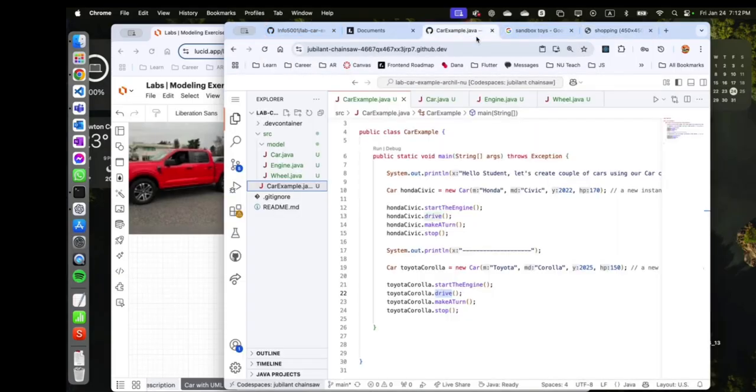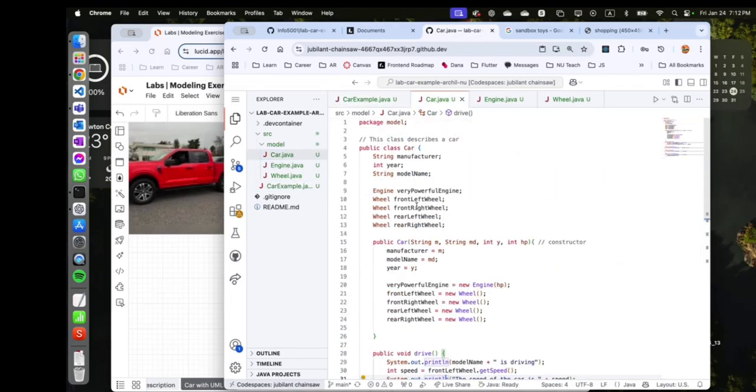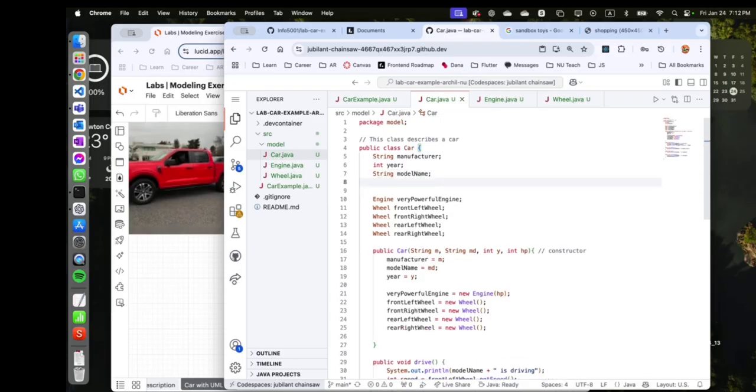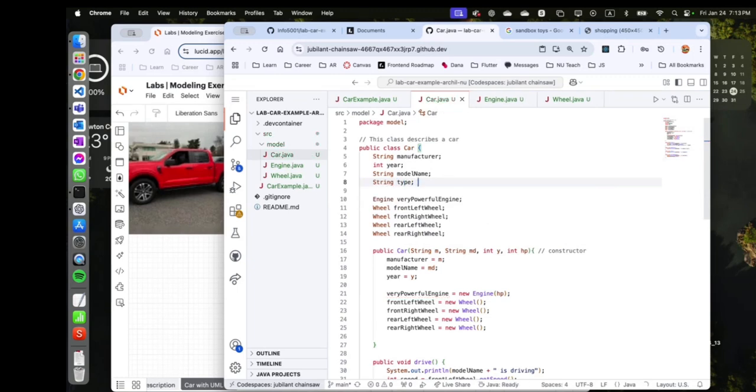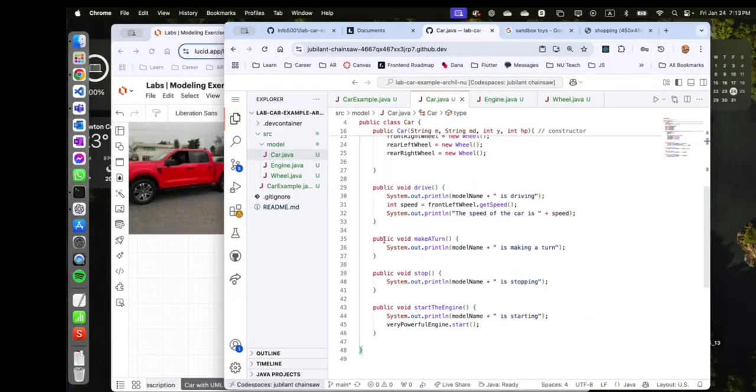So imagine if I would declare something, like a type. A type could be, for example, an SUV or a truck, or a sedan or coupe, right? And what this would do is that maybe I write the code later on